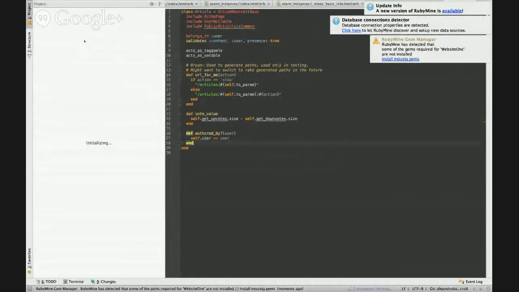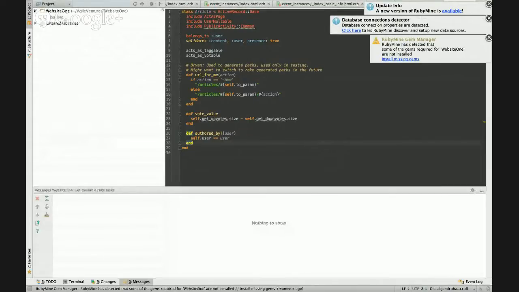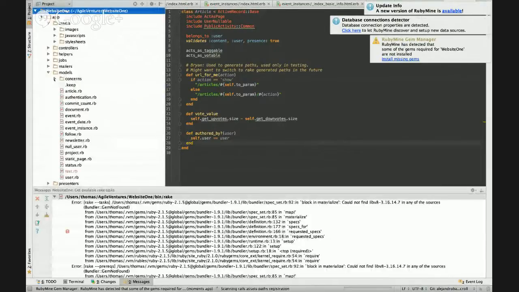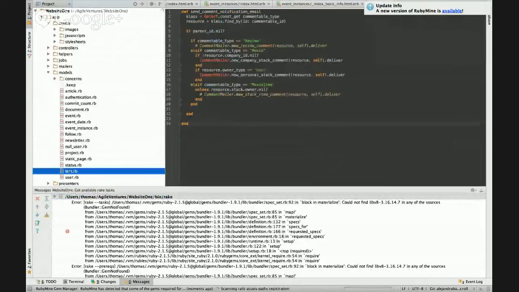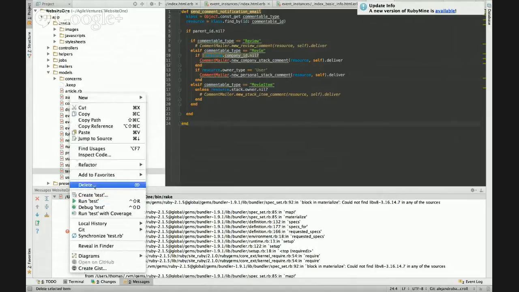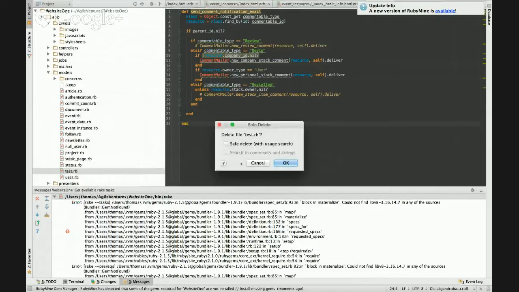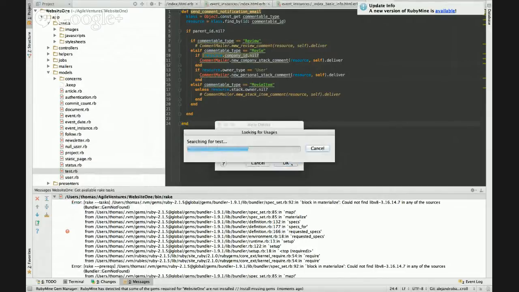Now I think we can go to production with the last feature. Yes, yes. So let's see. I have this weird test.rb here. Okay, so I'm just gonna remove this. This is something that I, let me just see.